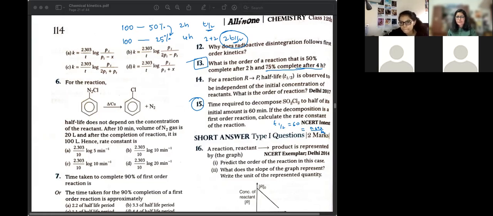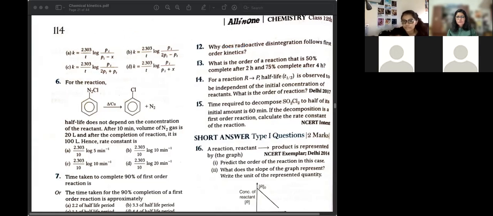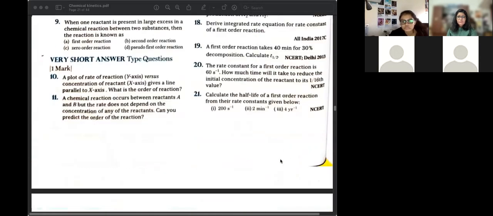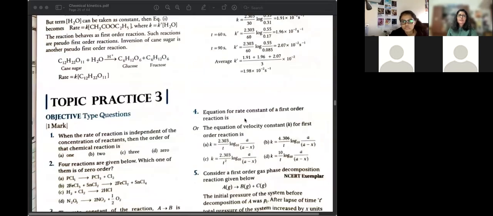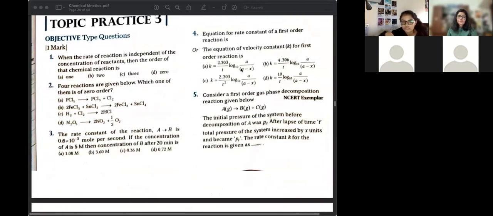That's right. Okay. Cool. All right. We'll end the session here. Today evening specifically go through the questions of topic practice 3. Do as much as you can, but at least read the questions and go through it. So based on that, we can spend time on it tomorrow. Okay. If you want to do it together, then we'll focus on that. Otherwise, we'll finish off the chapter and then end it early.